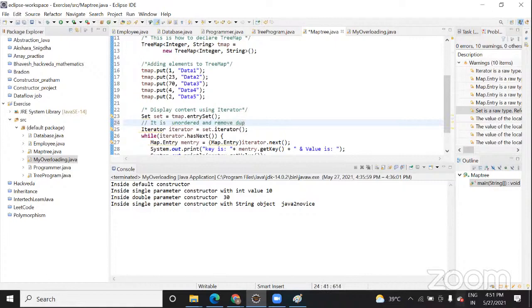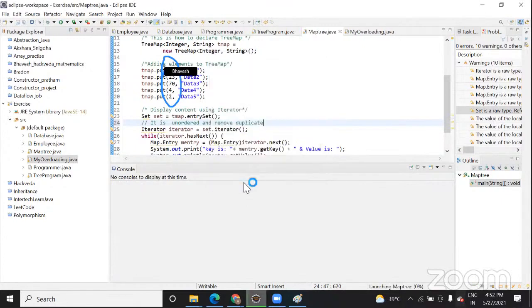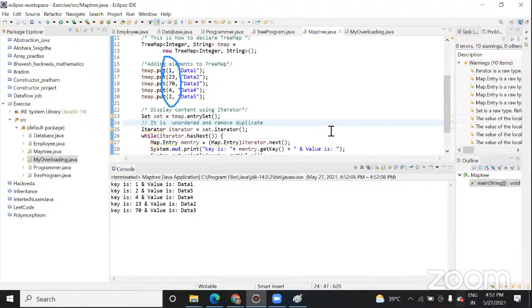I think I might have explained this to you, but okay, I will check once again. It is unordered and removes duplicate elements. So it will remove the duplicate elements from the set, and it is unordered. Unordered means they won't arrange these values in ascending or descending order. No, unordered in the sense is not ascending and descending order. Unordered in the sense they can print it in any order.